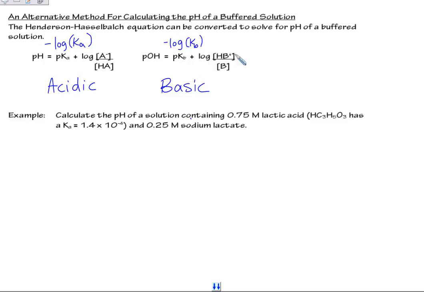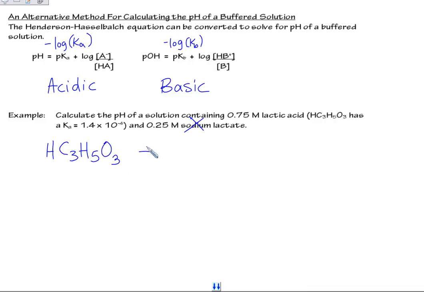We can calculate the pH of this lactic acid buffer. It is a buffer solution. We've got a weak acid, lactic acid, and we've got its conjugate base. It's coming from a solution of sodium lactate, but the sodium is a spectator, so we're going to have the negative lactate ion, which is the conjugate base of the weak acid. You can write the equation either way. You can write the original weak acid,